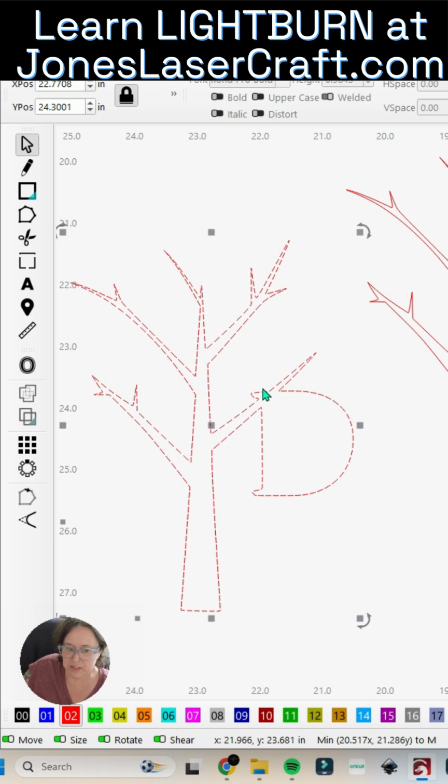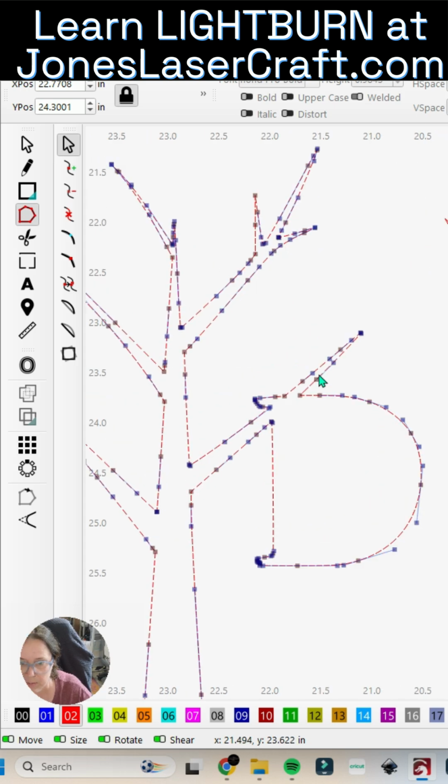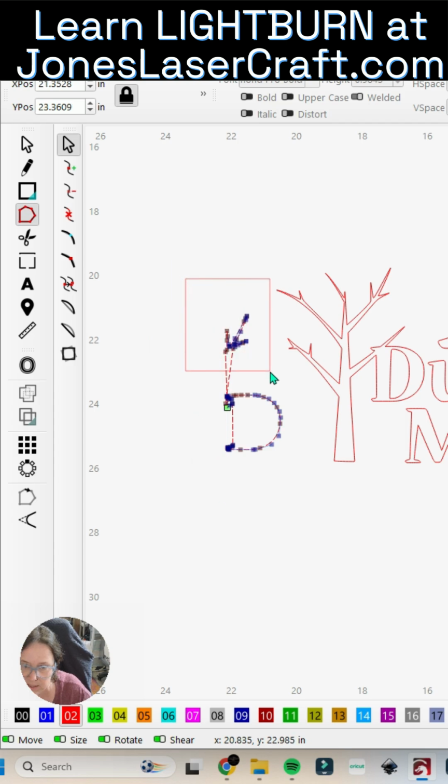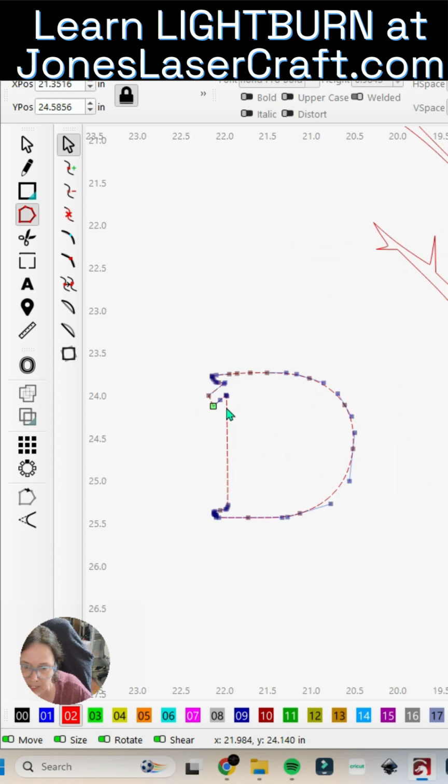What I want to do here is pull this D itself out of the tree. In order to do that, I'm going to go into my nodes and very simply select these nodes here and hit D again on my keyboard, and that's going to delete those nodes. I'm going to do the same thing here. I'm going to select all of these nodes and hit D to delete. Select these, D to delete, and I'm going to come down here,